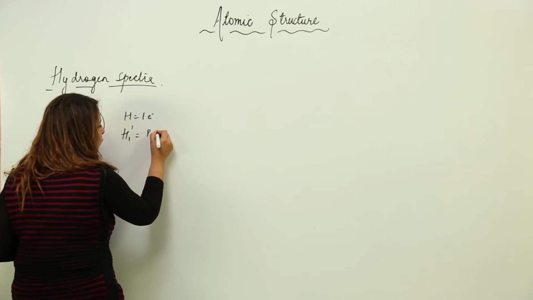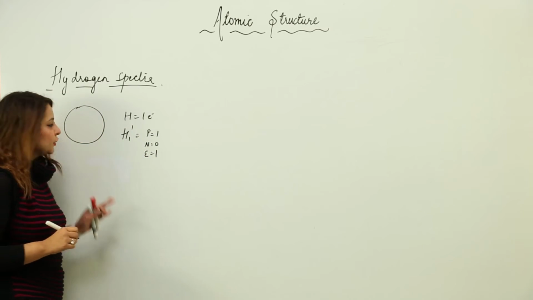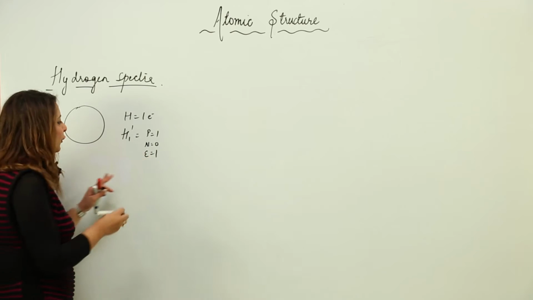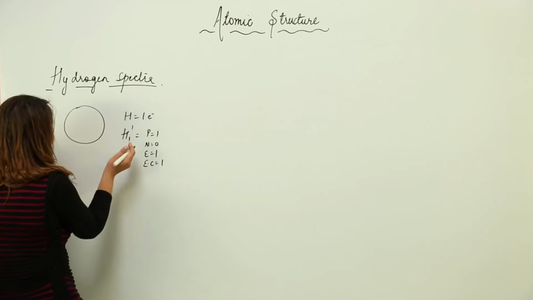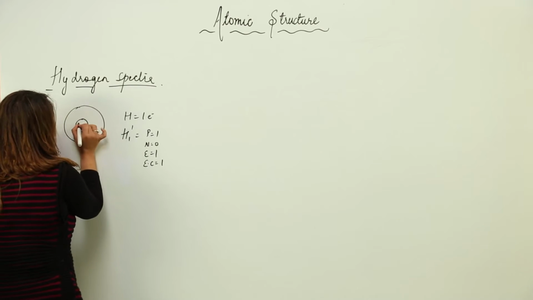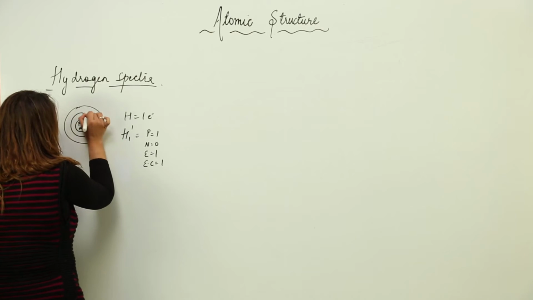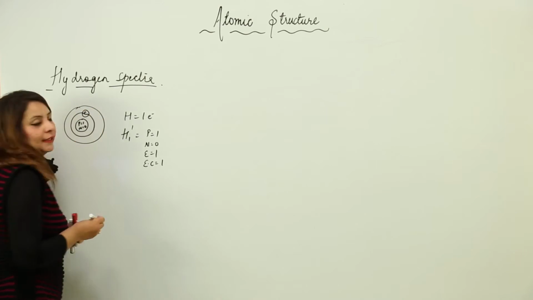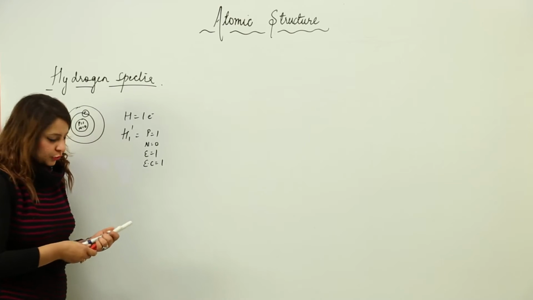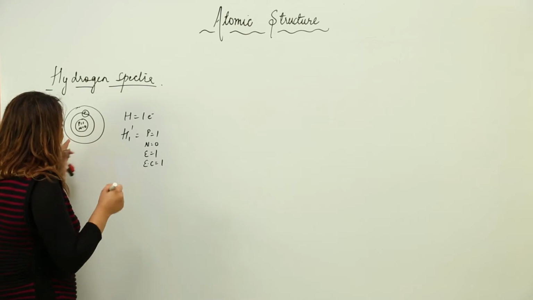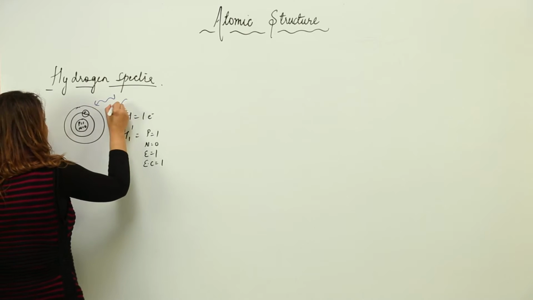So proton is 1, neutron is 0 and electron is again 1. If I try to write the electronic configuration, then its electronic configuration is also 1. If I draw an atomic model, then proton is 1, neutron is 0, there is one shell having one electron. So he said that what happens in the hydrogen spectra actually is that when we supply this electron with an energy, greater